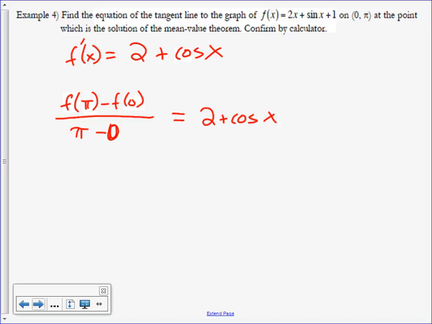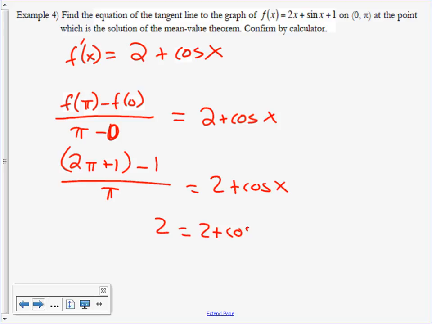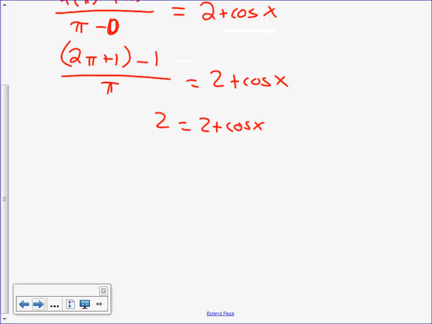Alright. So this would be 2 pi minus 1 minus 1. Plus 1, sorry. 2 pi plus 1 minus 1 over pi is equal to 2 plus cosine x. I think the pi cancels out. I think it's just 2, right? Yeah. So 2 is equal to 2 plus cosine of x. Cosine x is 0. So x